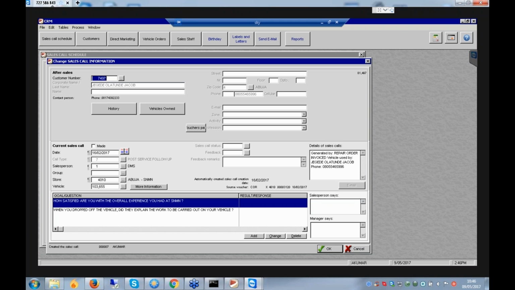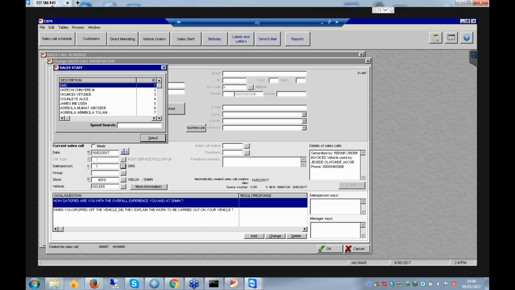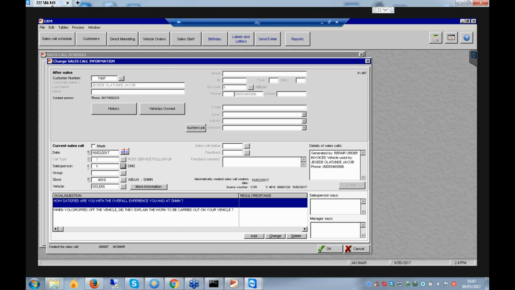Okay, can you see? Now this call type 7, this is the date. Here, once you click that one, assigned to me, your name will come here. Your name will be automatically here, instead of the DMS. Once that button starts working, your name will come here directly. Now, this is the question. This is the testing server, which has the old question. I'm going to delete that one and I will show you the new question which we already entered.